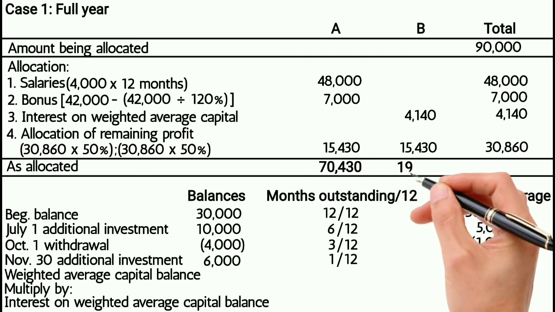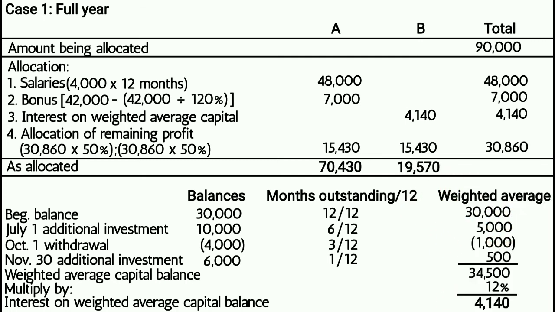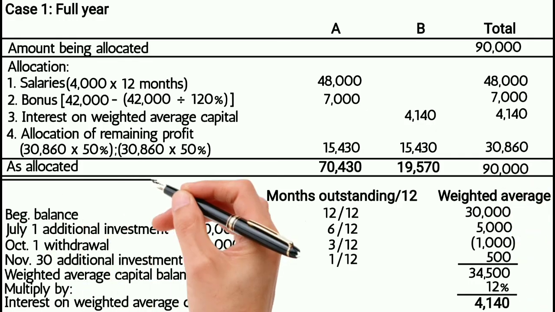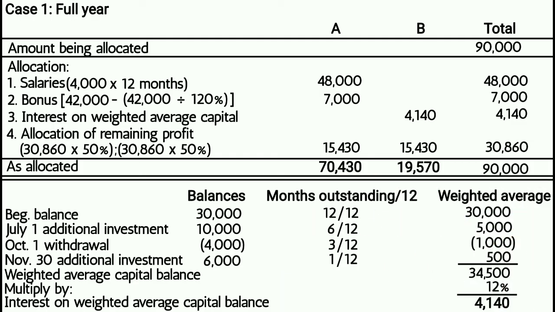Ilan yan? 19,570. Of course, in total, 90,000 pesos. After computing the respective shares of the partners, we can now provide the journal entry to close the